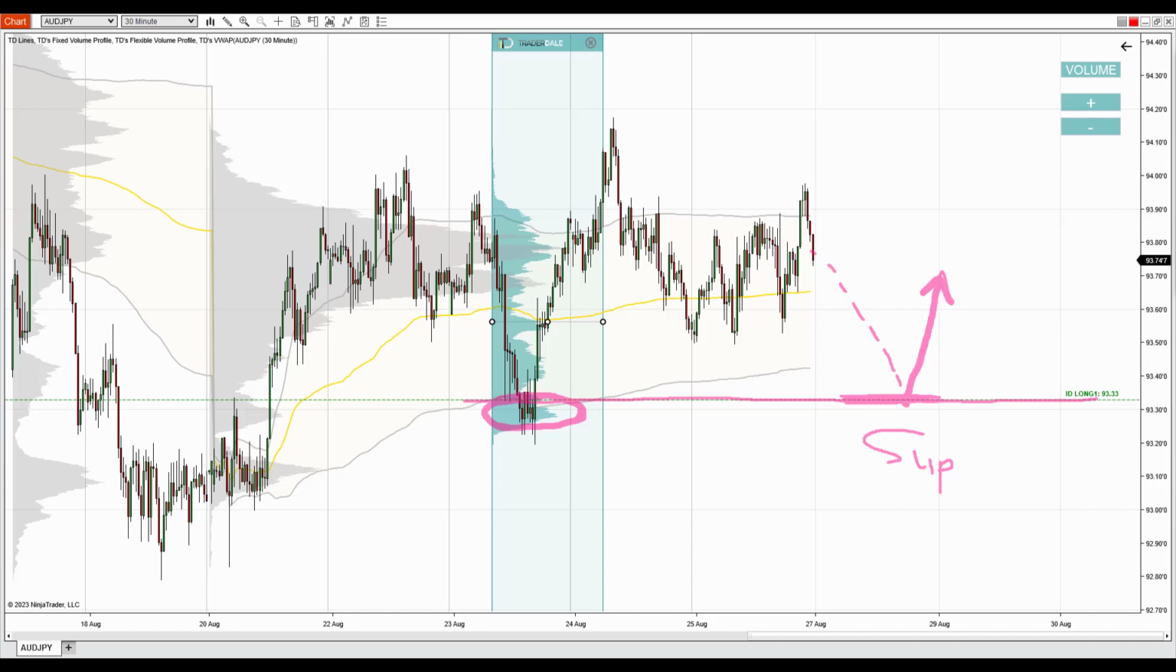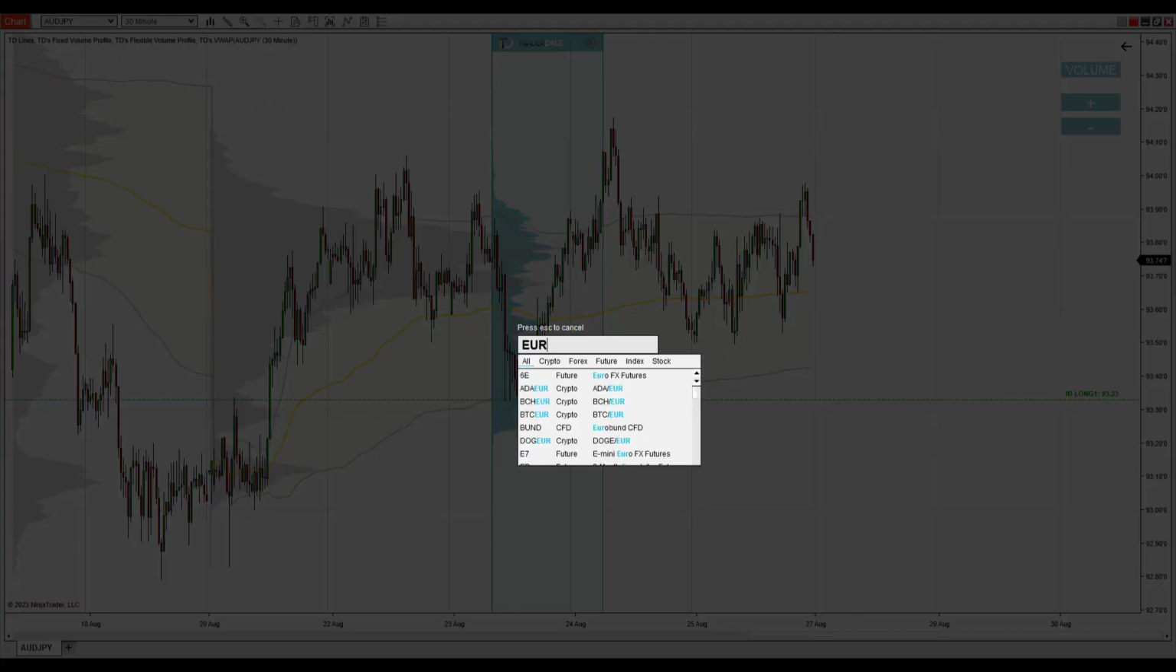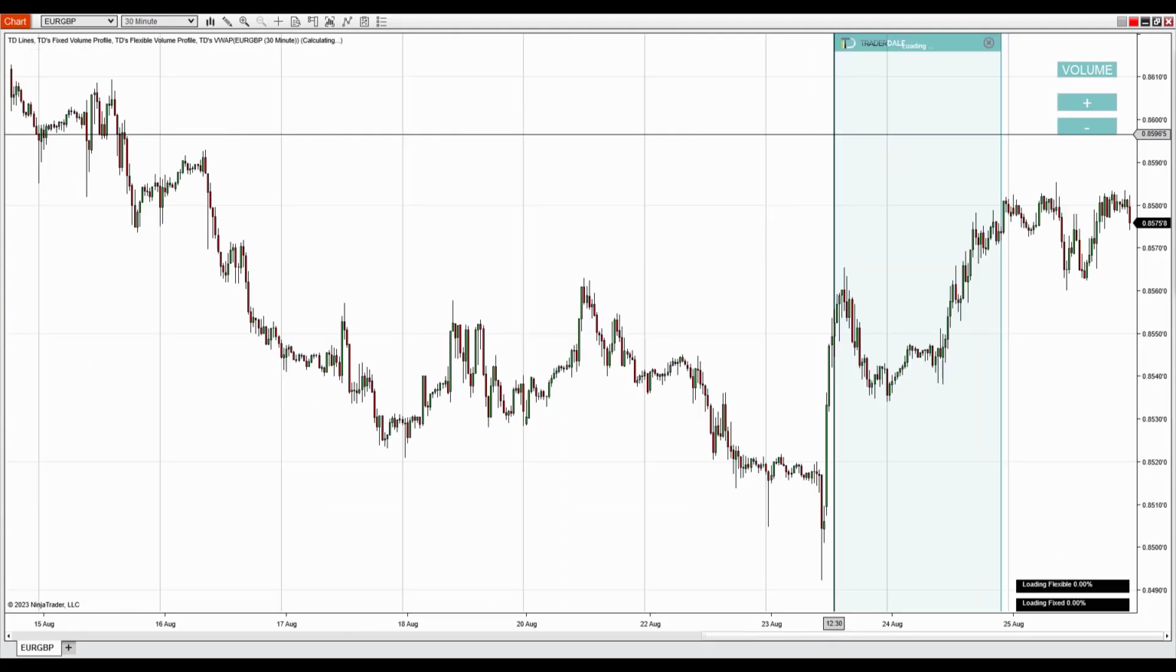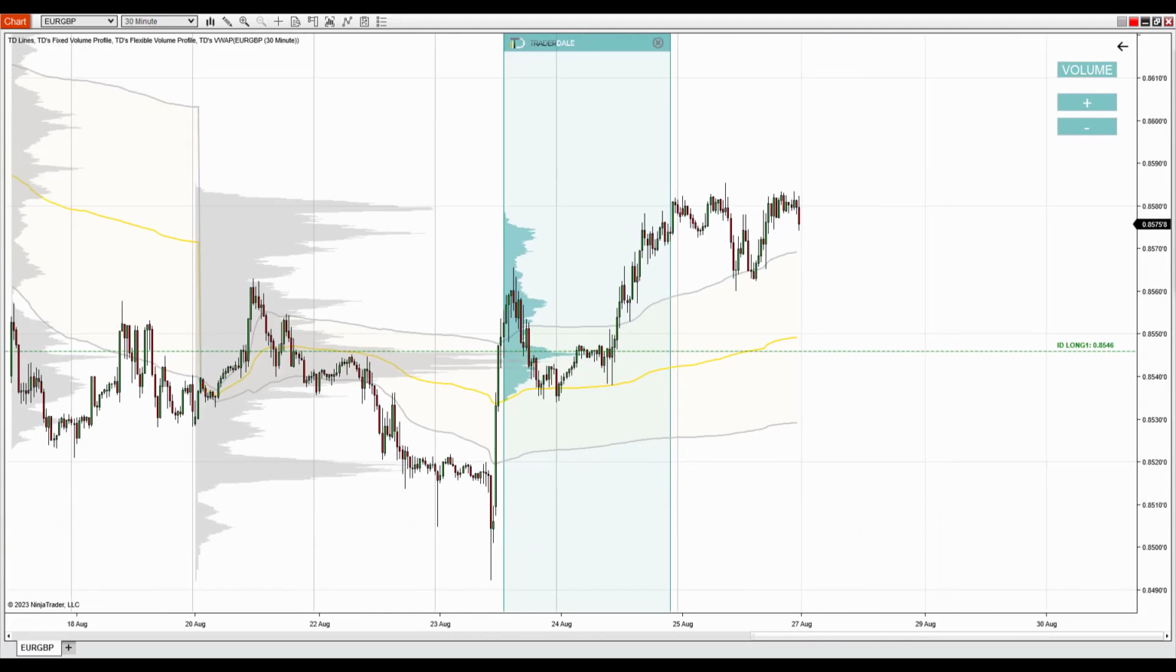Alright, so that's the rejection setup on the Australian dollar Japanese yen. The next trading idea that I'd like to talk about is the Euro British Pound. So this is a 30-minute chart of the Euro British Pound, and what I want to talk about here is this support. It is at